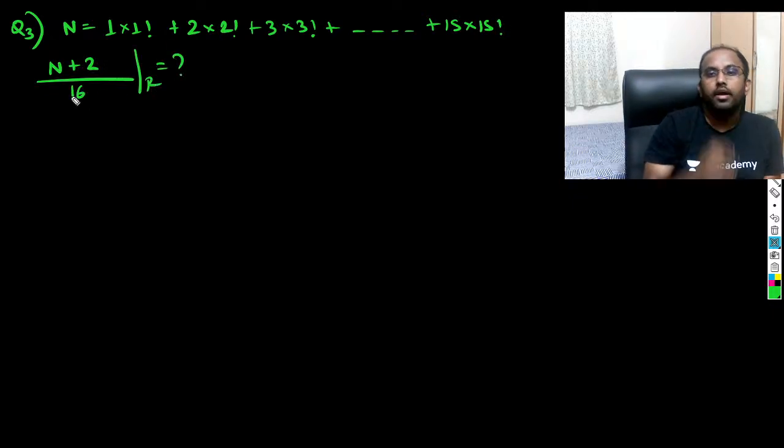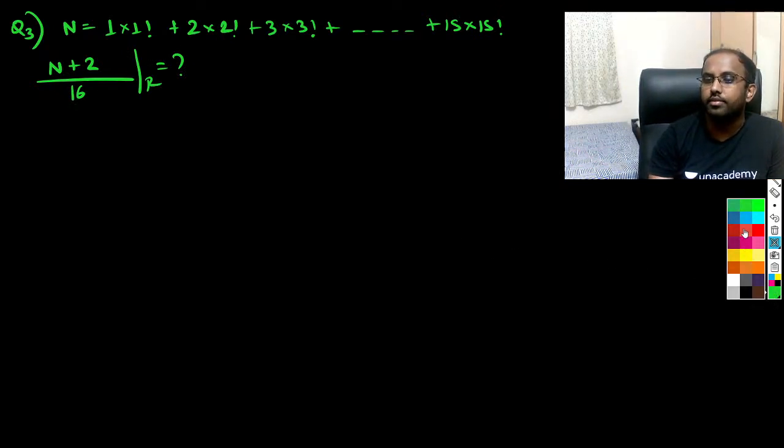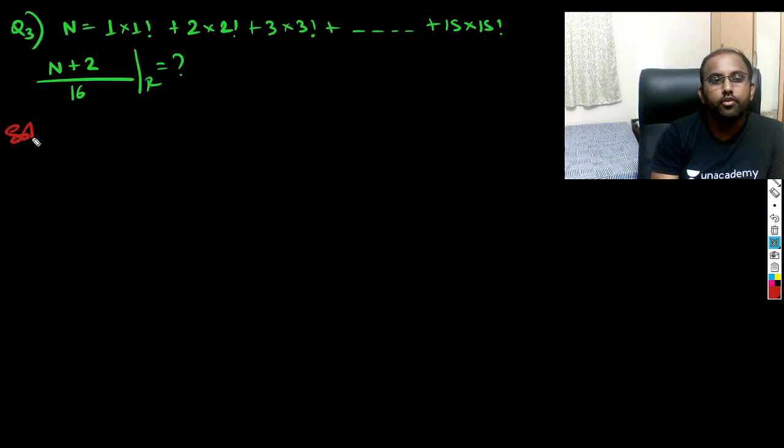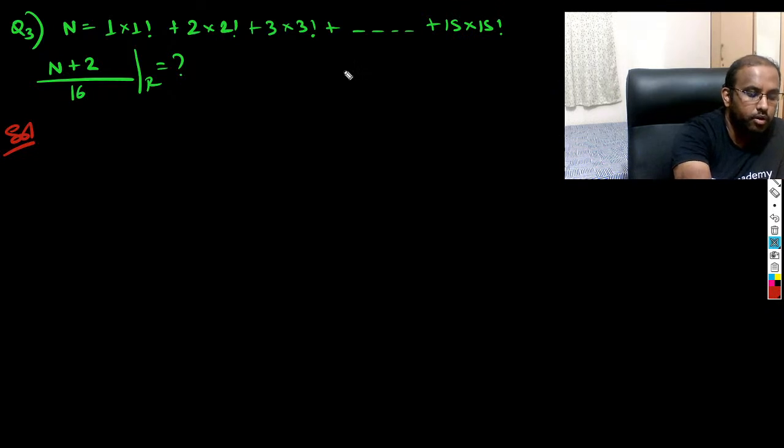Okay, now you should know how we break these factorials here, right? How do we break these factorials? You should be knowing that. Okay, so if n is equal to 1 into anything,